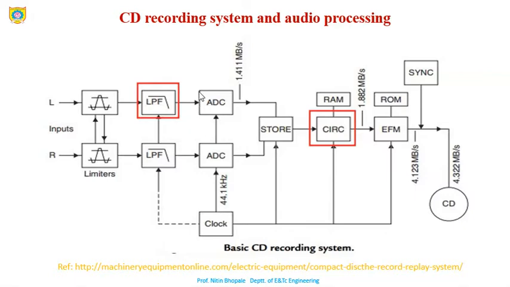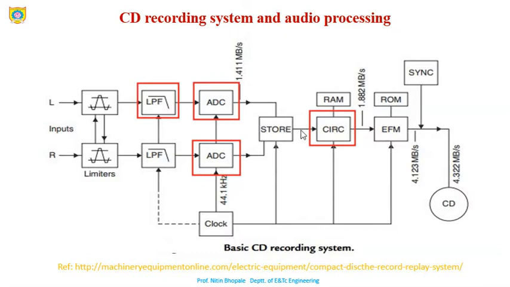After this we are discussing the ADC, meaning the output of the low pass filter will be applied to the ADC block. Similarly here also the same thing is done. The output of the low pass filter will be applied to the ADC block. This is nothing but the 16-bit ADC. But the point to be noted is that the 8-bit data from the left and right channels are arranged in a sequence, interlaced in sequence.